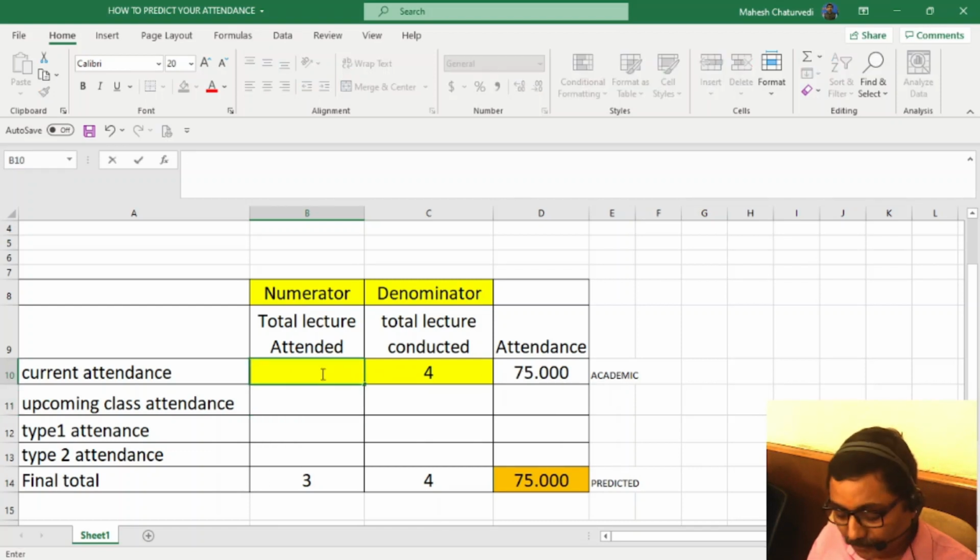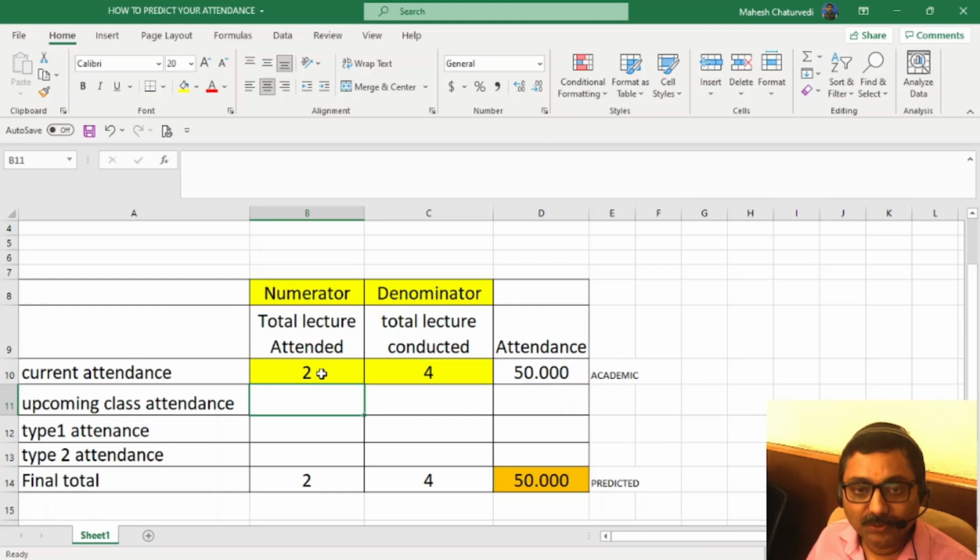And if you attend only 2, then you can understand 2 attendance is equal to 50% of attendance. That's why whenever any semester is going to begin, attending initial lectures is very important.